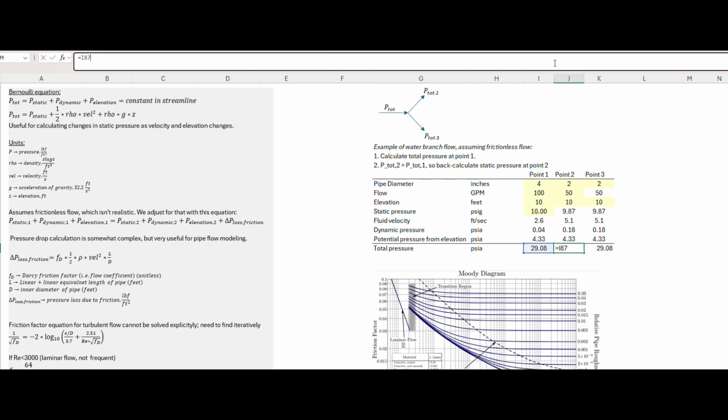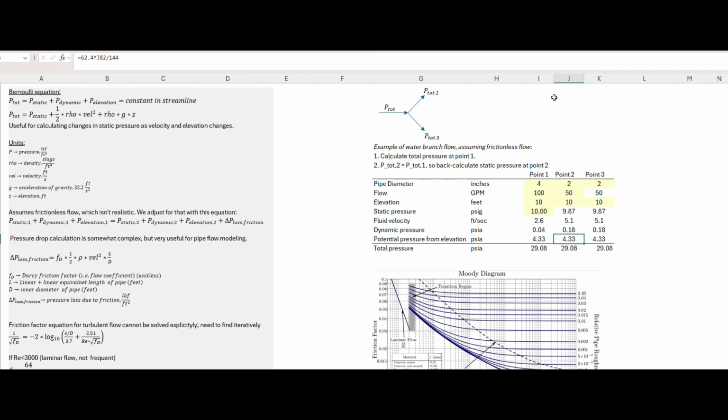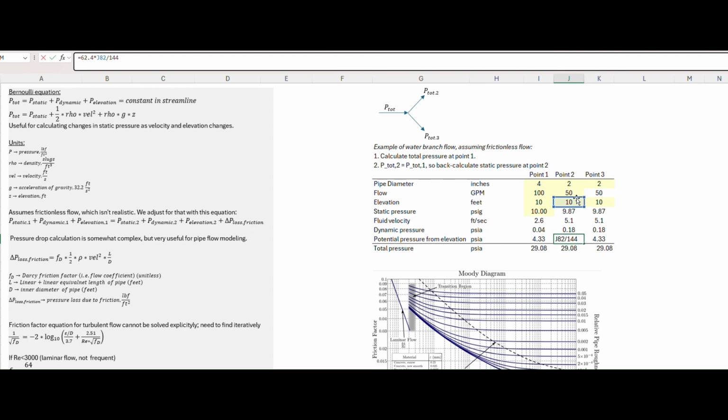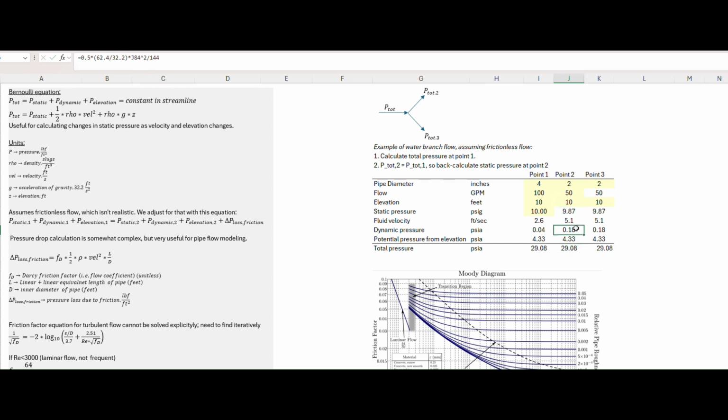We say our total pressure is the same, because that's the whole idea of the Bernoulli equation, conservation of energy in a pipe. We know our elevation pressure is going to be the same because we're at the same elevation. We calculate velocity the same way and then calculate dynamic pressure the same way. Notice velocity basically doubles in this branch because we have a different pipe size, so our dynamic pressure goes up accordingly. And then our static pressure is the last term that's left, so we just subtract the dynamic and potential